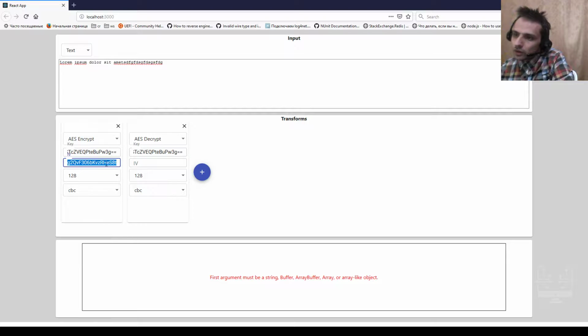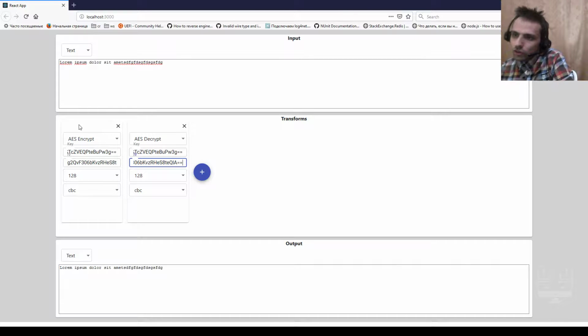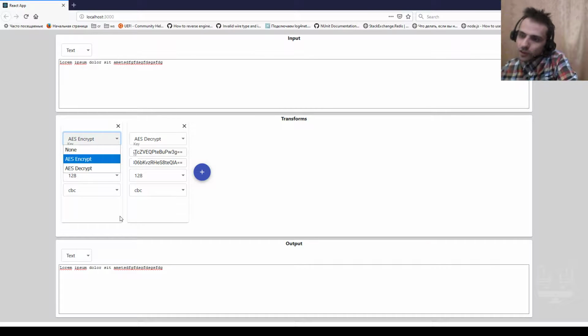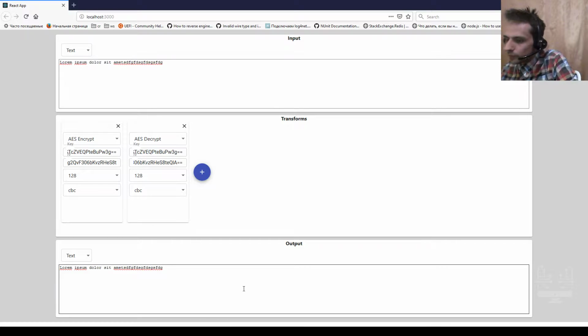Now we first encrypted it with AES, then decrypted it, and as expected, we got the same result. Normally, many transforms should be here, but for first release, I'm planning just these two: AES encrypt, AES decrypt. This should be enough for phase 1.